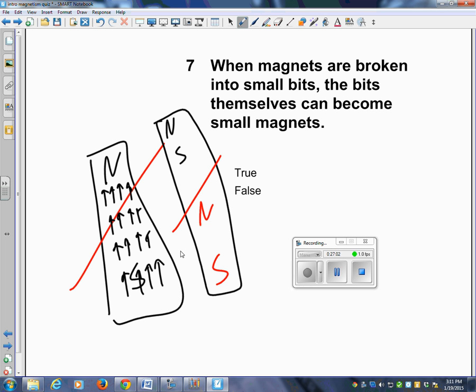When you've got an unpaired electron, like in iron, is iron magnetic, Jake? Is iron magnetic? It is. How come? It's got a single unpaired electron. And so all of these chunks of iron, what happens is the single unpaired electrons start spinning in the same direction, and it all lines up. And when it all lines up, you've got yourself a magnet. When all the domains, when all the electrons start lining up,